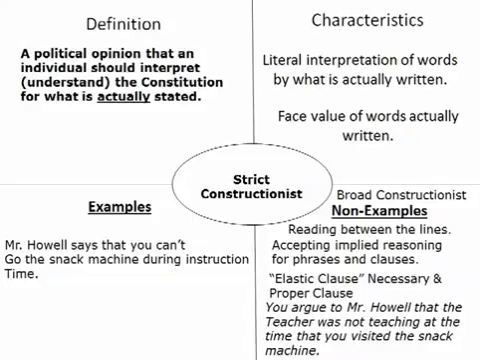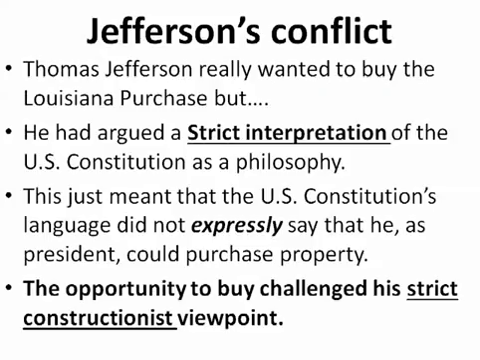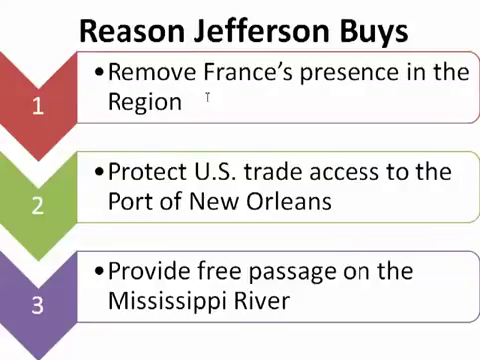So Thomas Jefferson had the strict interpretation, but eventually he goes against his own ideas and he buys Louisiana. The reasons he buys the Louisiana Purchase is he wants to remove France's presence in the region. And he believed that to purchase Louisiana would protect U.S. trade access to the port of New Orleans, and it would provide free passage to the Mississippi River and allow for further westward expansion of the